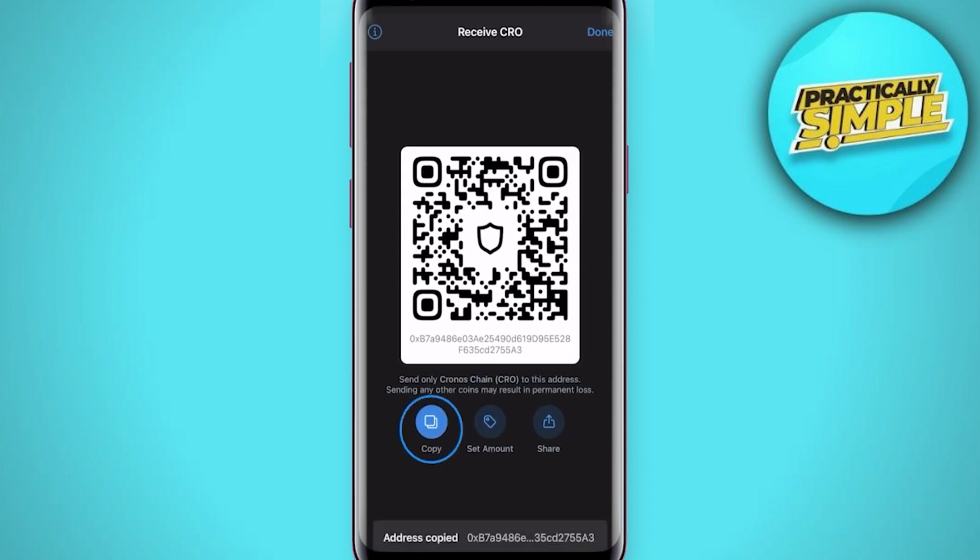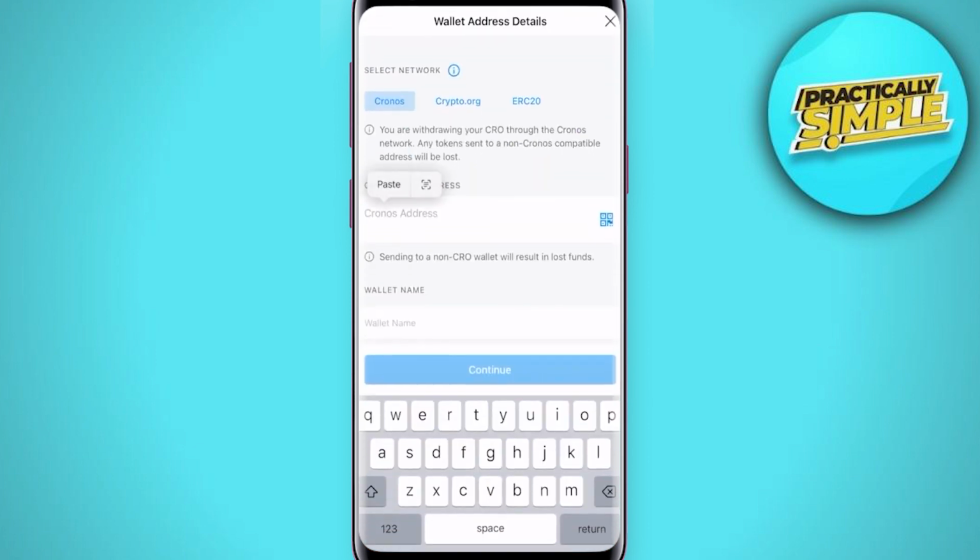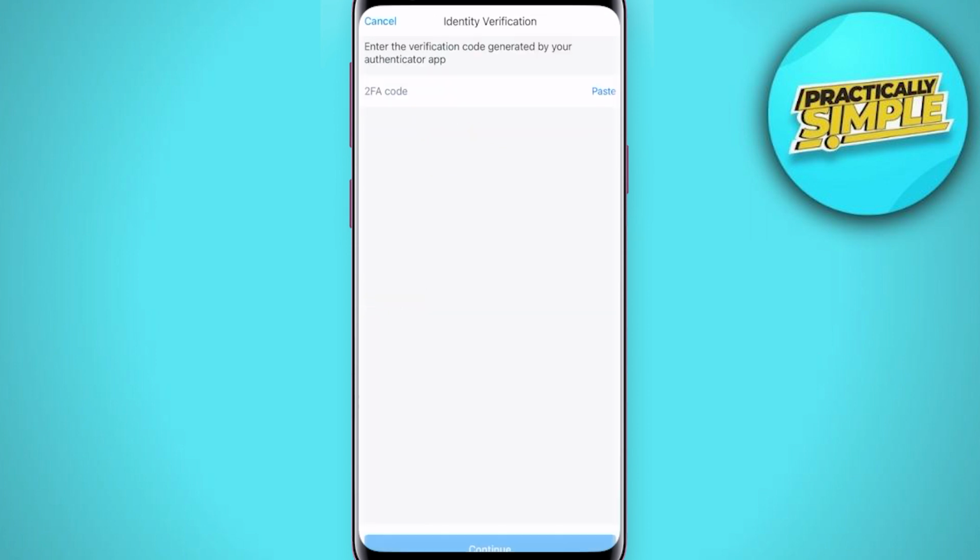Head back now to crypto.com and paste the address you just copied into the wallet address area. Then, naming this wallet, just give it whatever name you want. Then you need to enter the two-factor authentication code from your Authenticator app, and then you have this page here which will